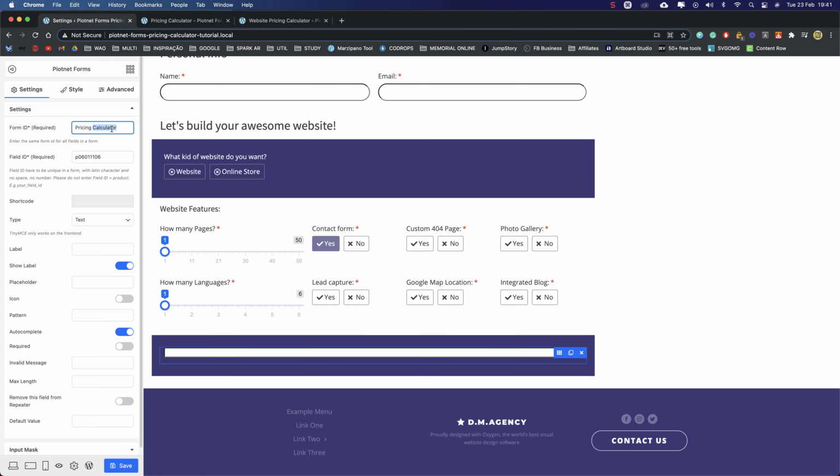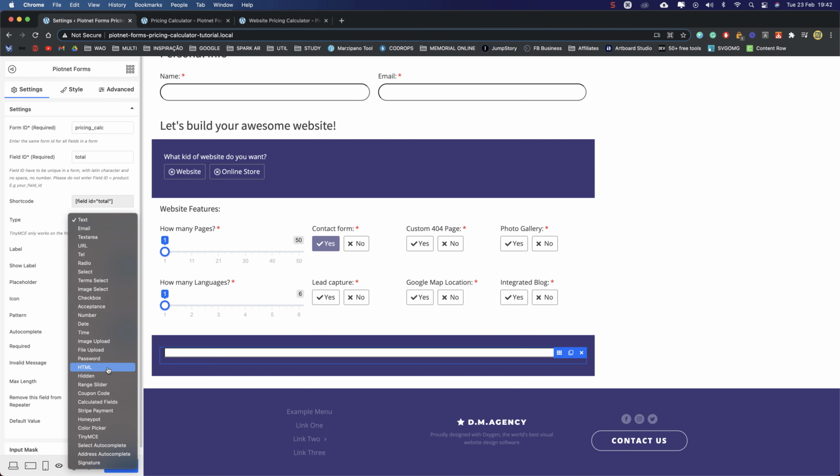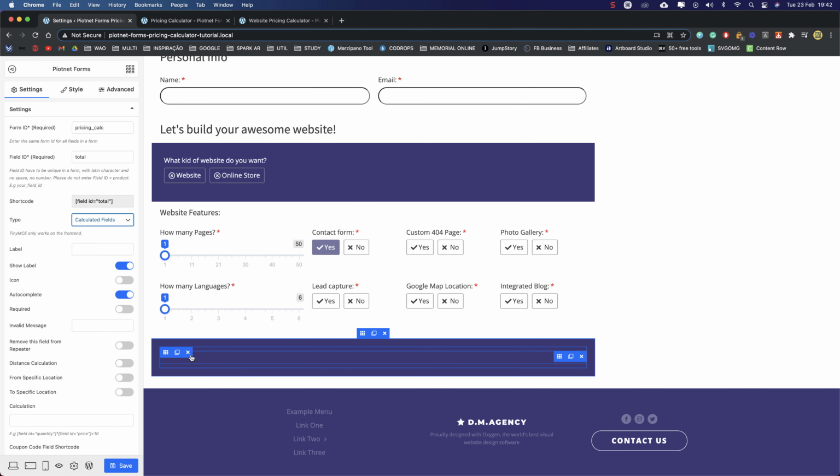Never forget this. And here, I'm not sure, but I think that this calculated field, in order to work, has to have the ID of total. Okay. And here in the type, let's change this to calculated fields.